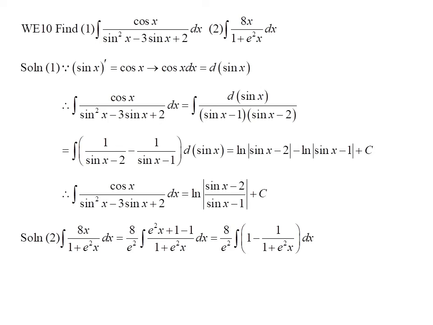As for the second antiderivative, since the integrand function can be simplified to 8 over e squared times (1 minus the reciprocal of the sum of 1 and e squared times x), the antiderivative can be written to 8 over e squared of the integral of (1 minus the reciprocal of the sum of 1 and e squared times x) dx, which equals 8 over e squared times (x minus ln of the modulus of 1 plus e squared times x over e squared) plus c, which can be further simplified